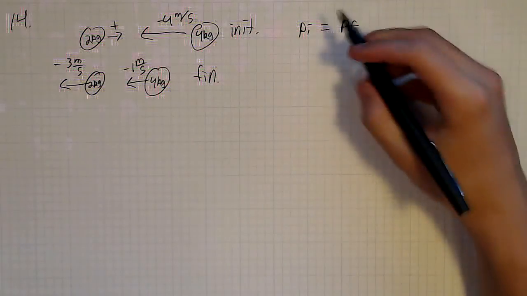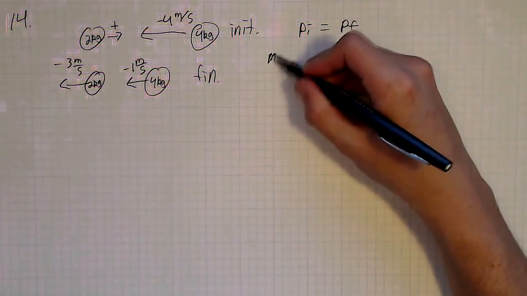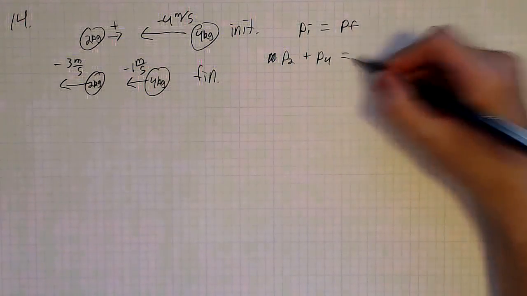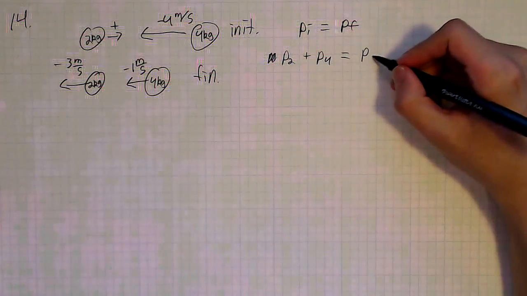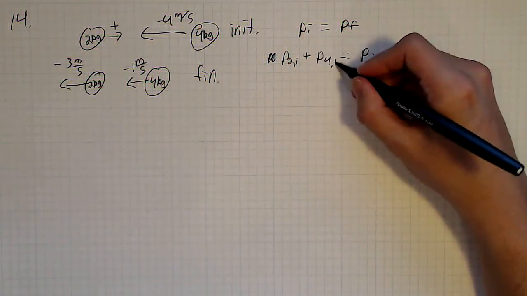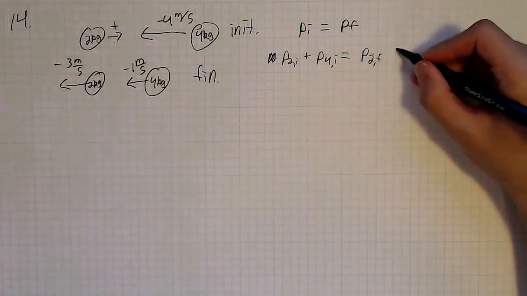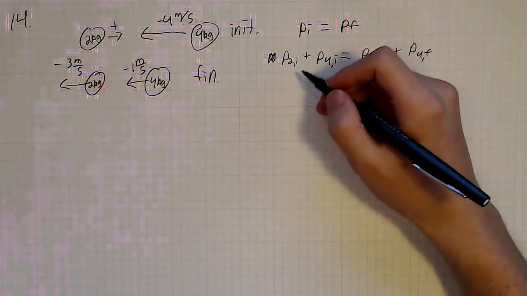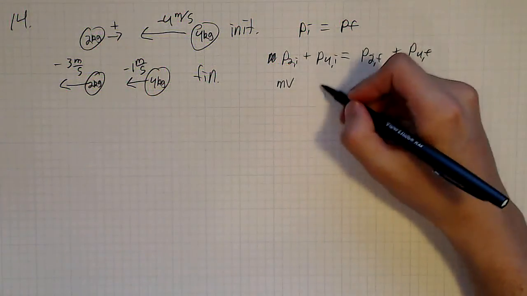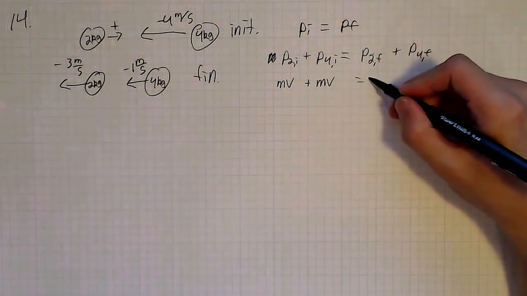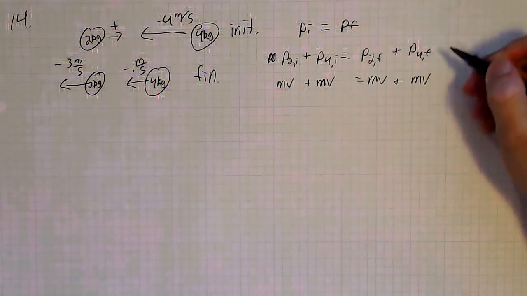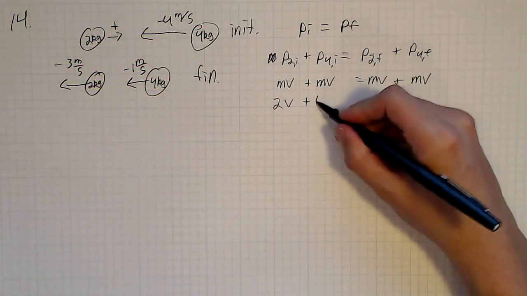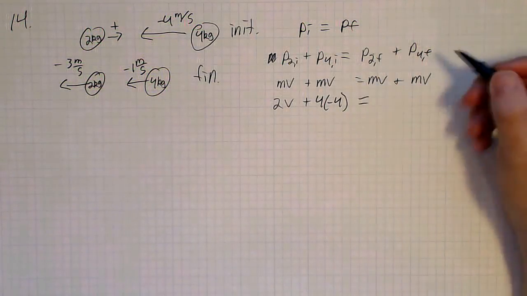So the initial momentum is P of the 2 kilogram object plus the momentum of the 4 kilogram object is equal to the initial, sorry, it should be initial, is equal to the final momentum of the 2 kilogram object plus the final momentum of the 4 kilogram object. If we plug in all our numbers, we get mv plus mv. So we get 2 times our unknown velocity plus 4 times negative 4